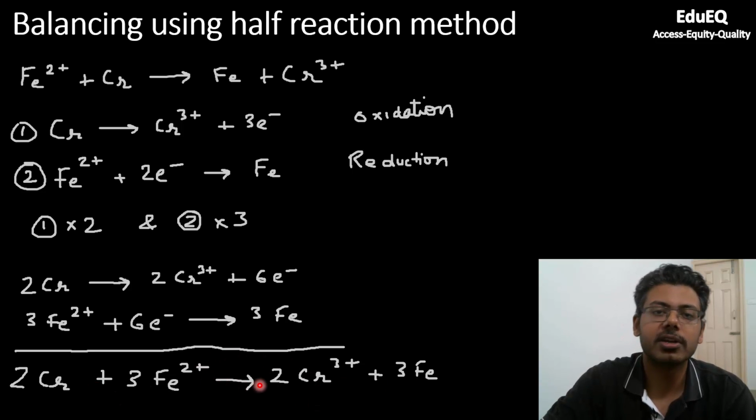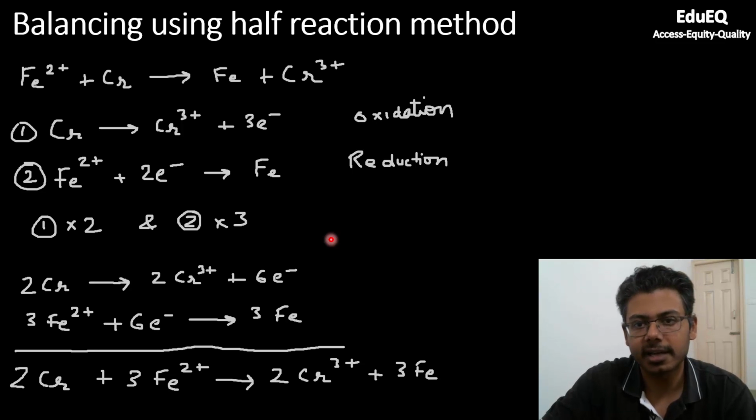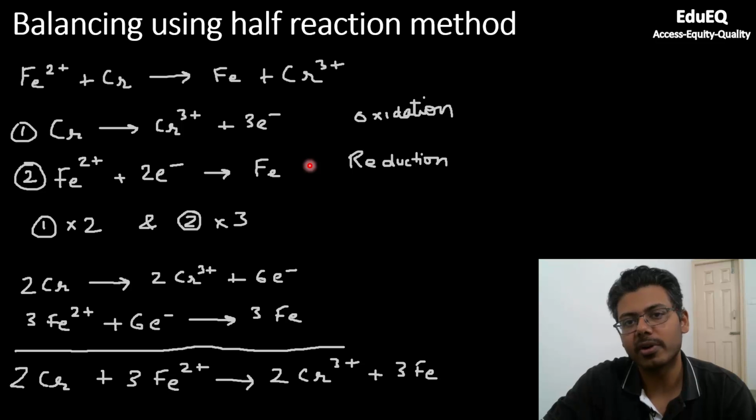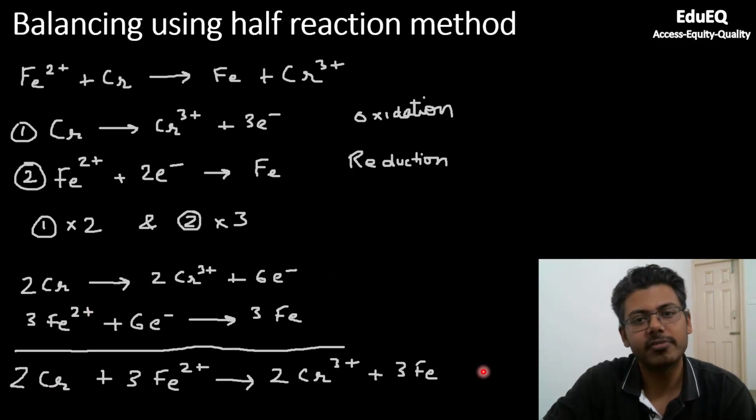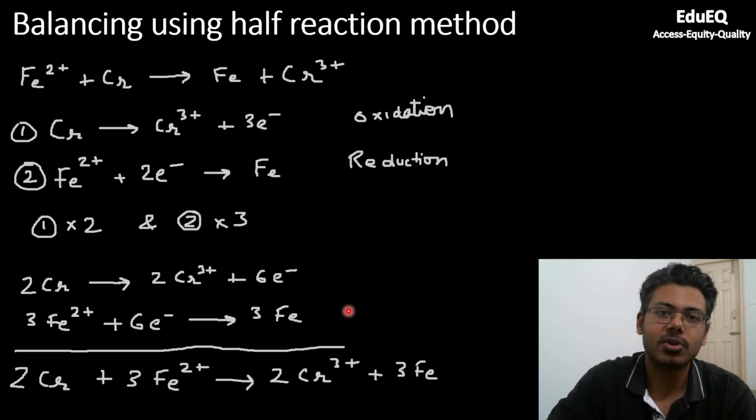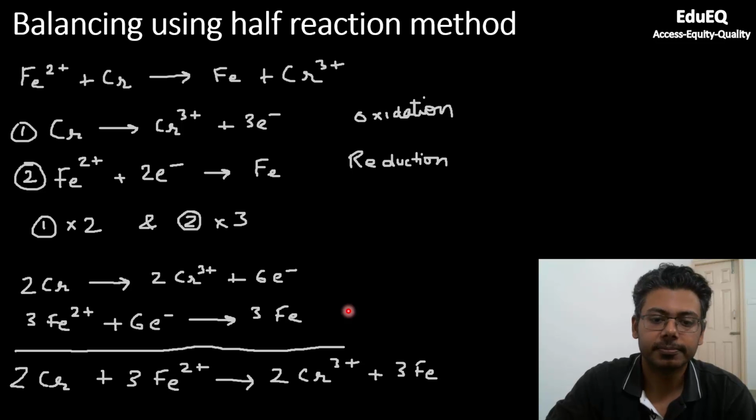This you could have also done using inspection. It is not as difficult as other reactions that we will see, but anyways, this is a method which you can follow. The idea is to introduce how you split the reactions. So you split the reactions into two parts. One is oxidation and one is reduction, and then you try to balance the electrons and add the reactions so that electrons get cancelled and whatever you are left with is the balanced reaction. Same thing you could have applied in the older reactions also, where you saw charged molecules or charged atoms.